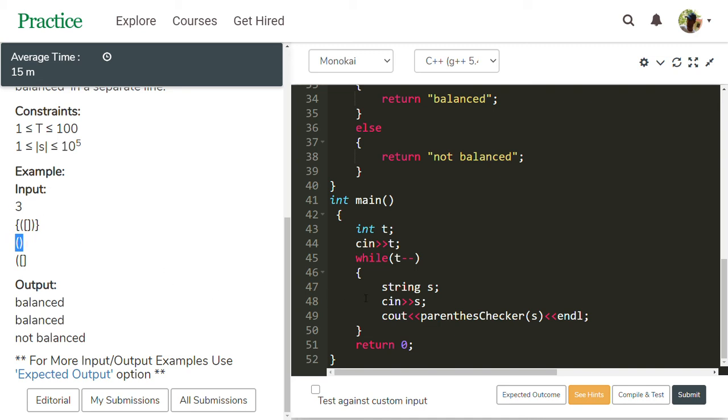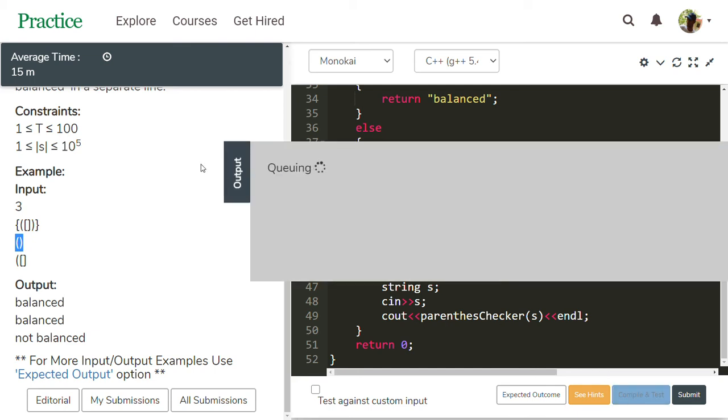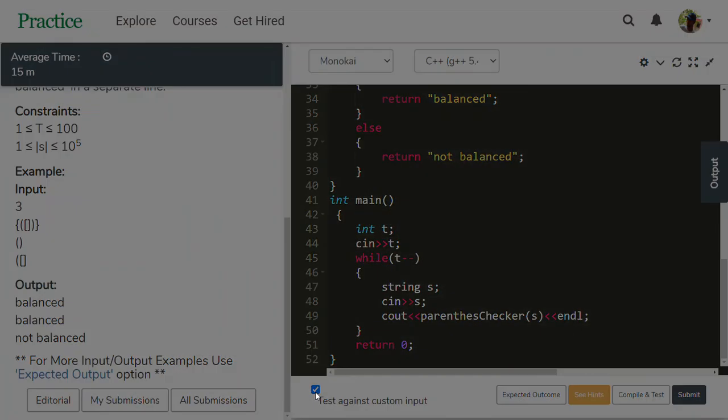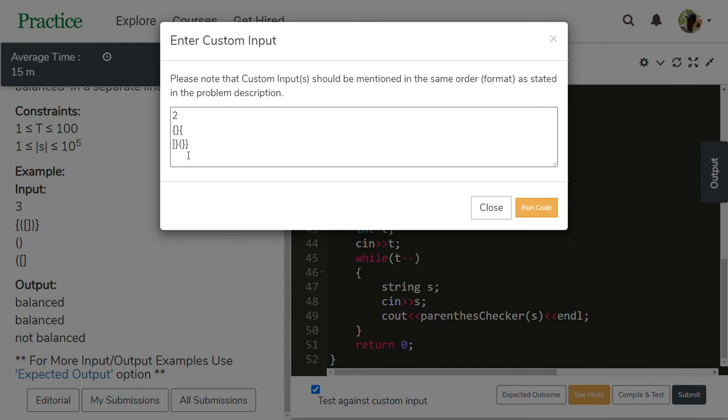See this. Let's check whether our code is right or not by compile test. Everyone is balanced. There are no unbalanced ones. Then see this test case. In this, not balanced ones are there.